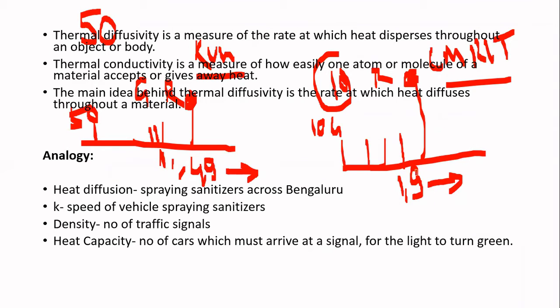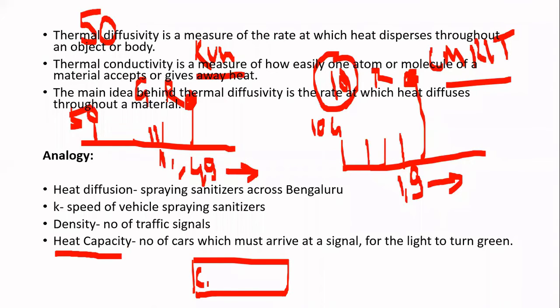The flow of traffic will be faster because here the holding capacity is low. Once it reaches the holding capacity, the signal allows the vehicle to move. So once 10 cars are arriving at the signal, all the cars are free to move now. So similarly, when the heat capacity of any material is low, it can hold only a particular amount of heat. It can hold only 10 units of heat. Once 10 units of heat are attained, it is allowing the entire quantity to move ahead in the material. So again, if heat capacity of the material is low, it cannot hold the heat for a longer duration of time. It has to allow the heat to flow through the material.